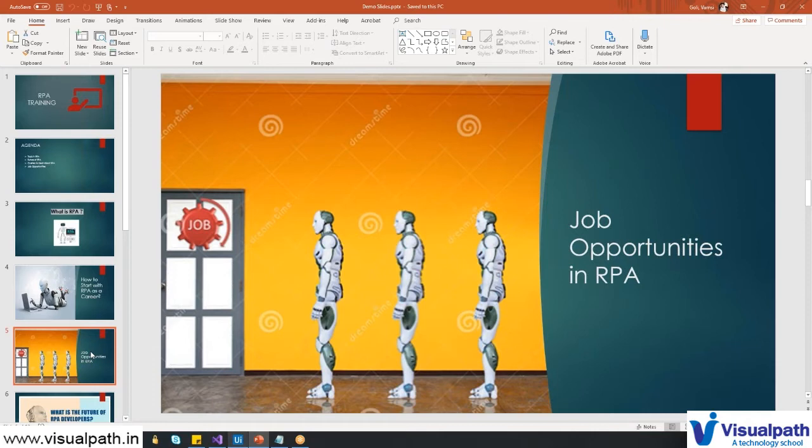At the same time, opportunities will keep increasing, and for the average salary in RPA, if you have any experience, you can just multiply it by 2.5, because this is the current salary range for people who have the RPA skill set. So let's say if you have 3 years of experience, you can expect between 6 to 9 for sure. RPA is still new, and there are not a good number of people with the RPA skill set.